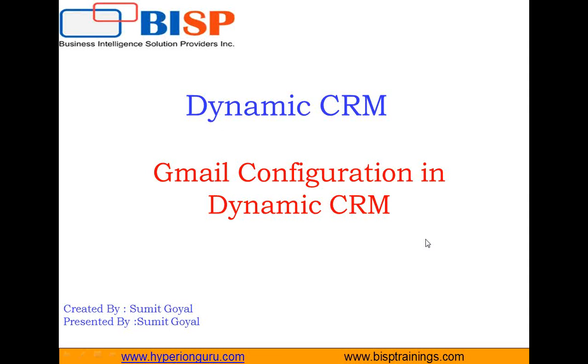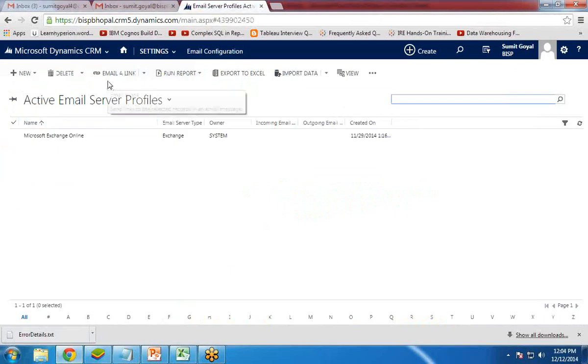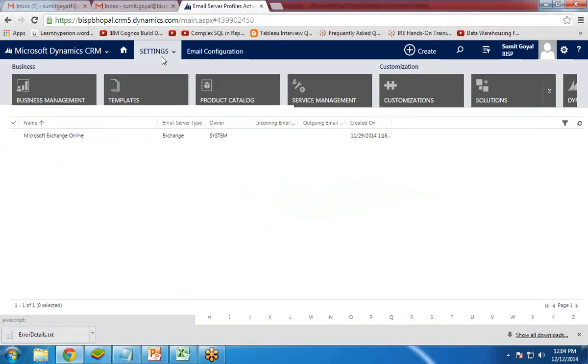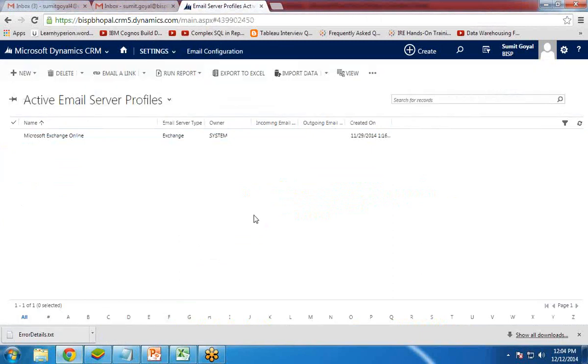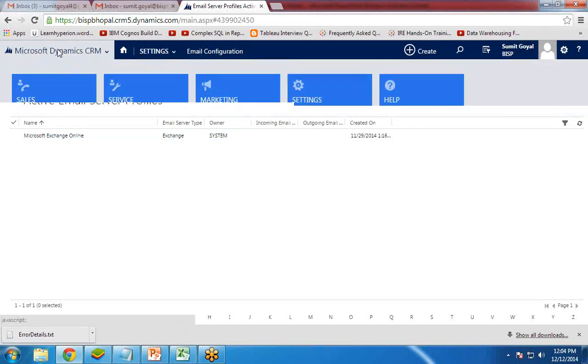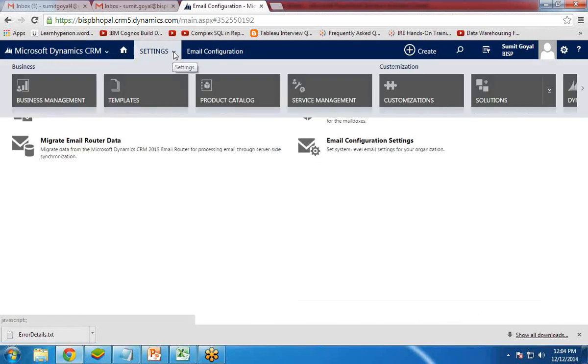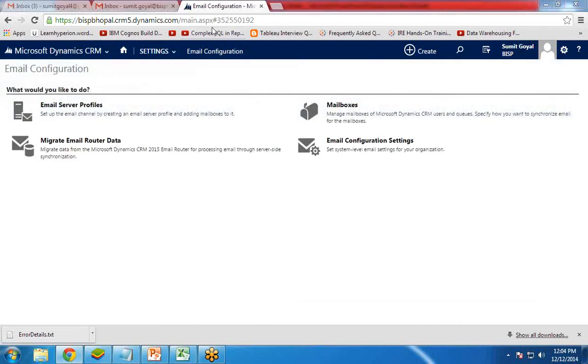So let's see this. First of all, I need to log in to my Dynamic CRM. I have already logged in to Dynamic CRM, as you can see here. The first thing I need to do is create a new email server profile. So how do we get to that? Click on Microsoft Dynamics CRM over here, click on settings. From settings, select,